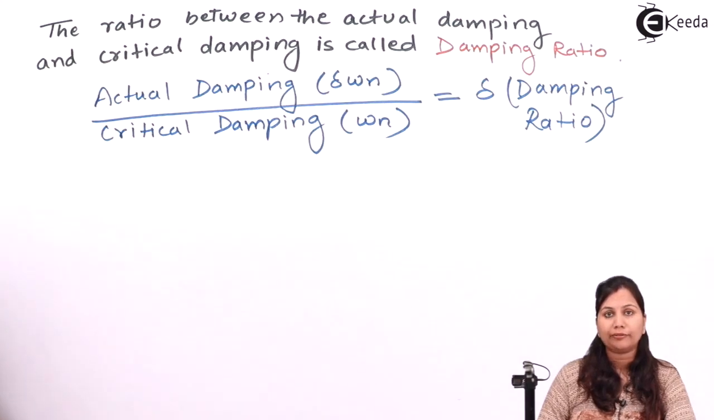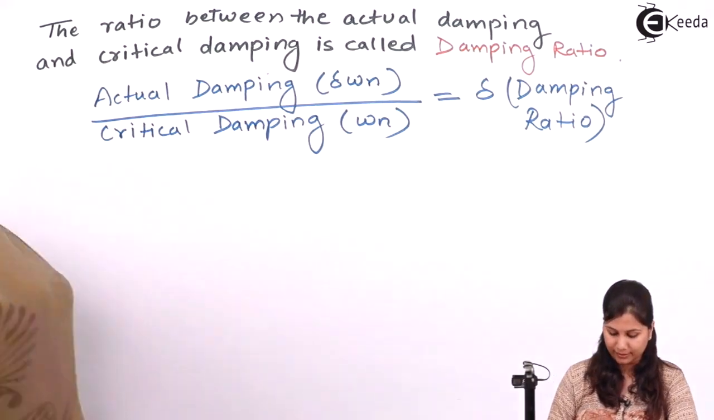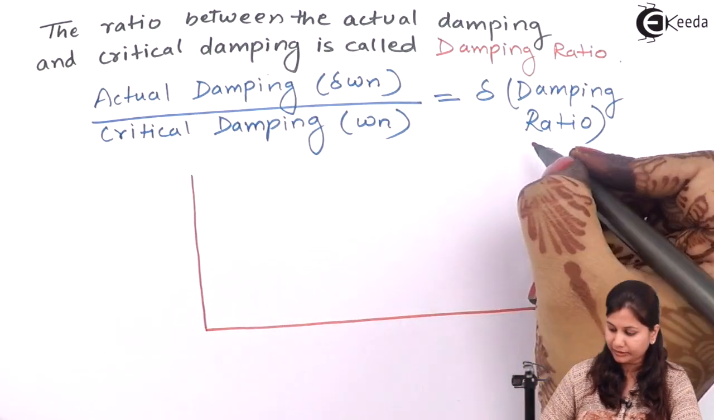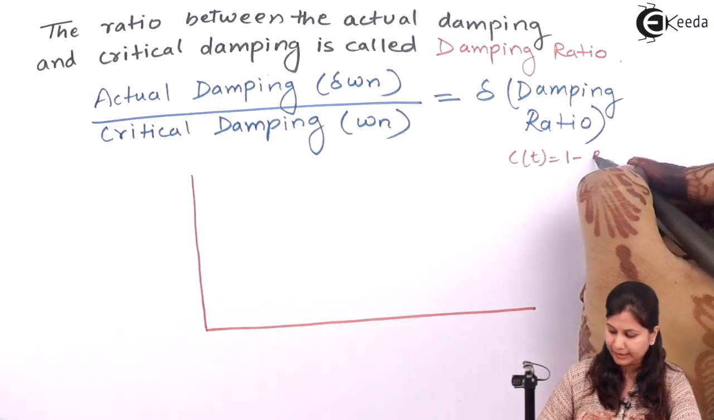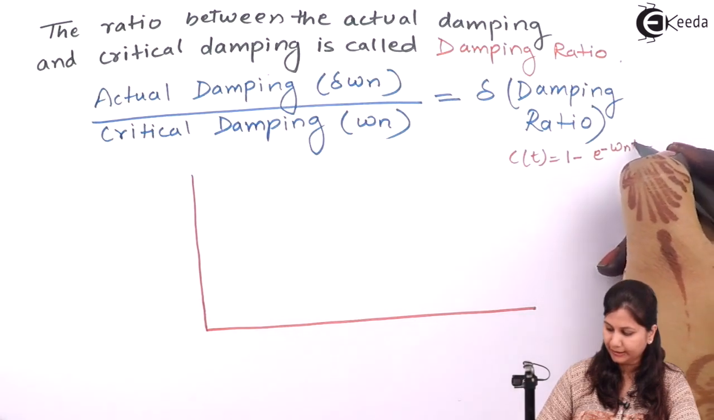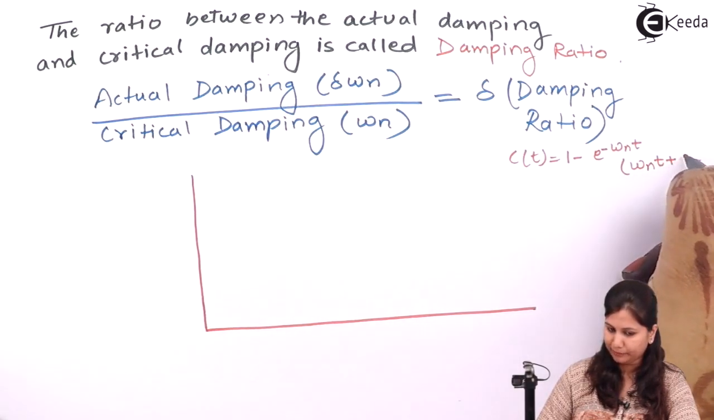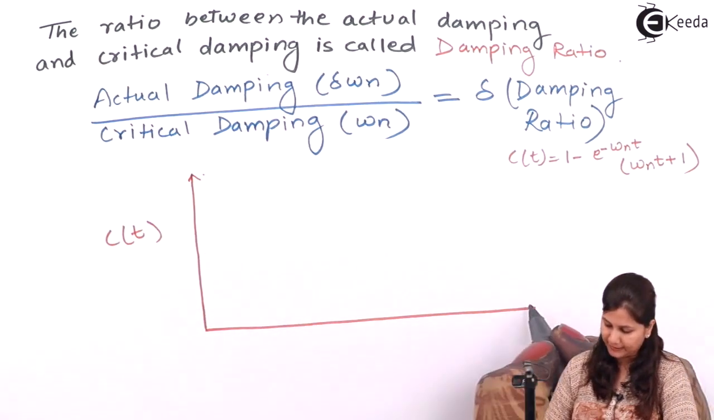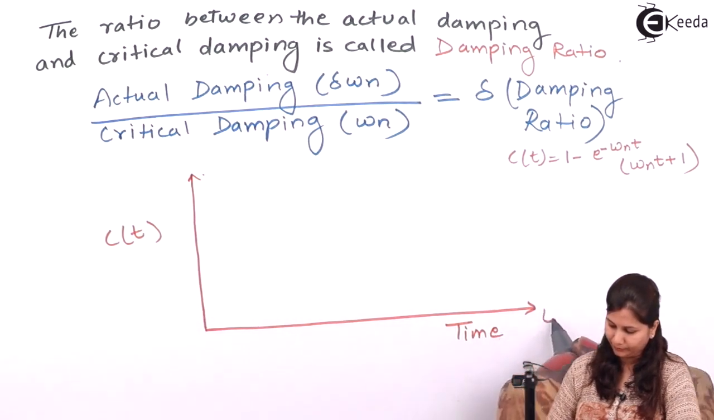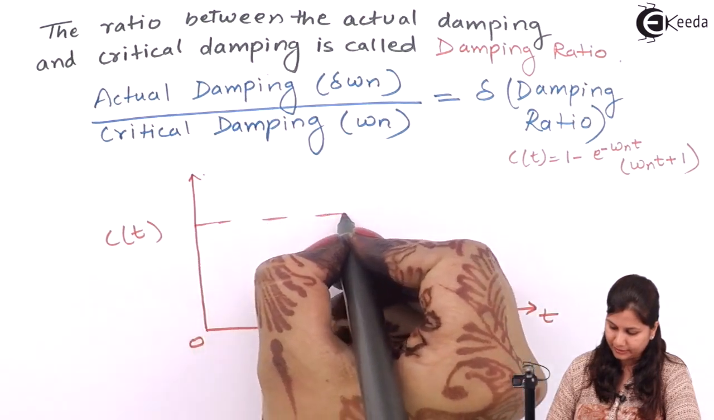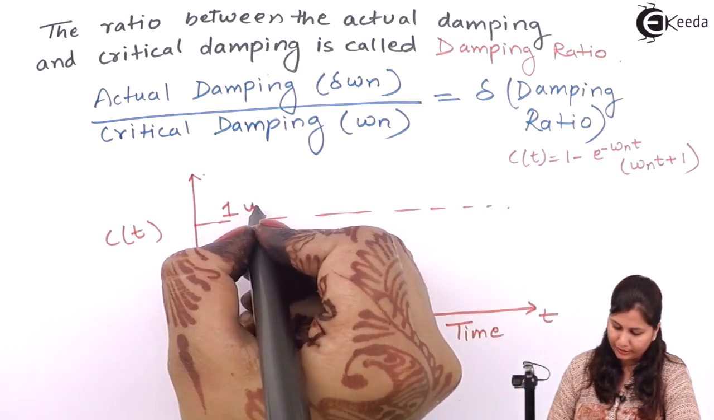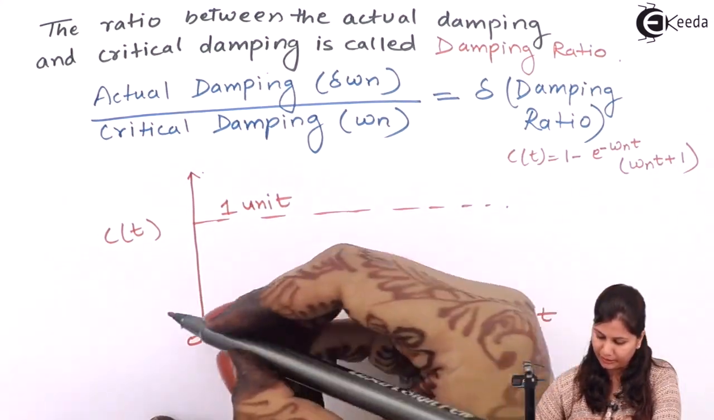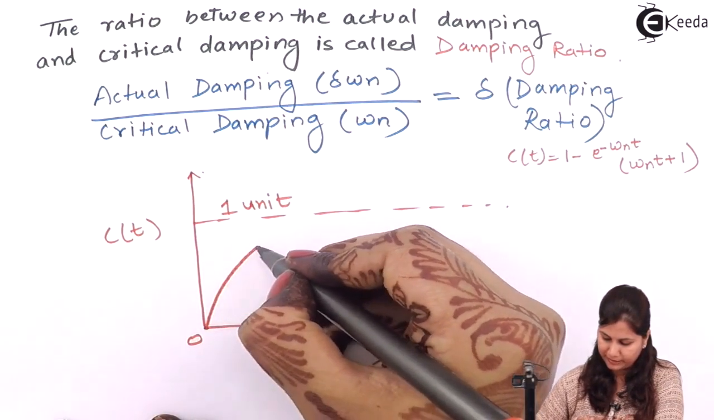Now if we plot the graph for this critically damped response, we were having the output as c(t) equals 1 minus e raised to the power minus omega n t, multiplied with omega n t plus 1. Okay, so let's plot it. We have here c(t), and this is our time t. This is 0, and this is the reference line, equal to 1 unit. So we are having here 1 minus e raised to the power minus omega n t. So its response will be like